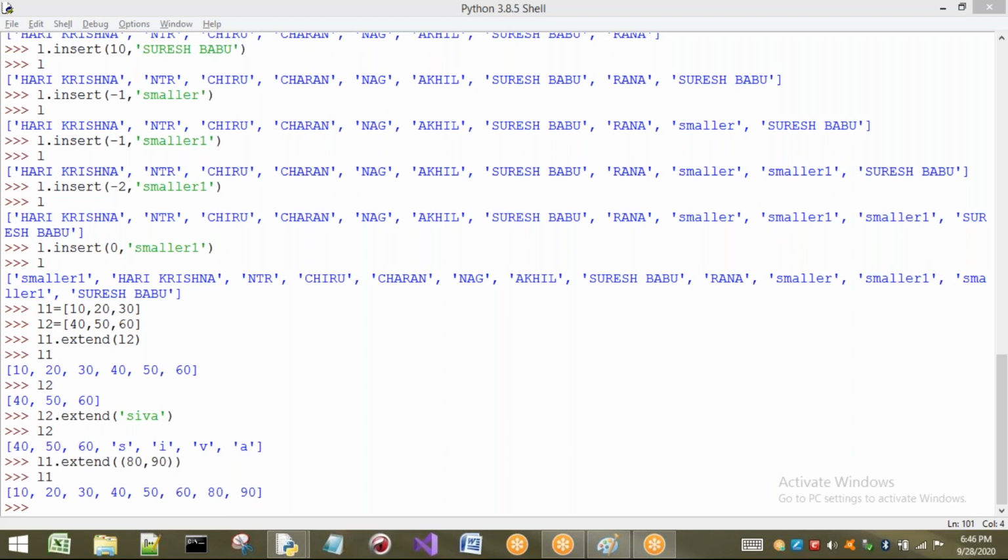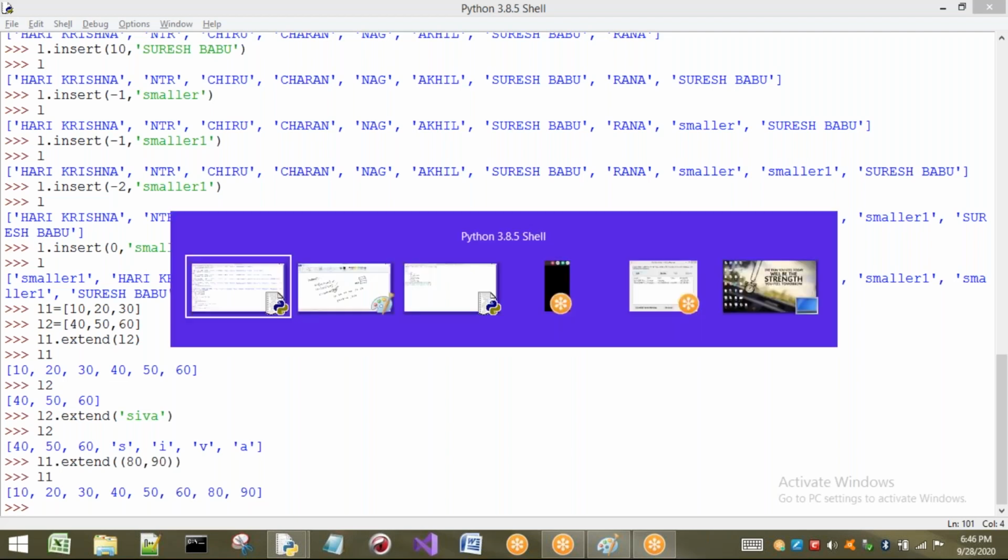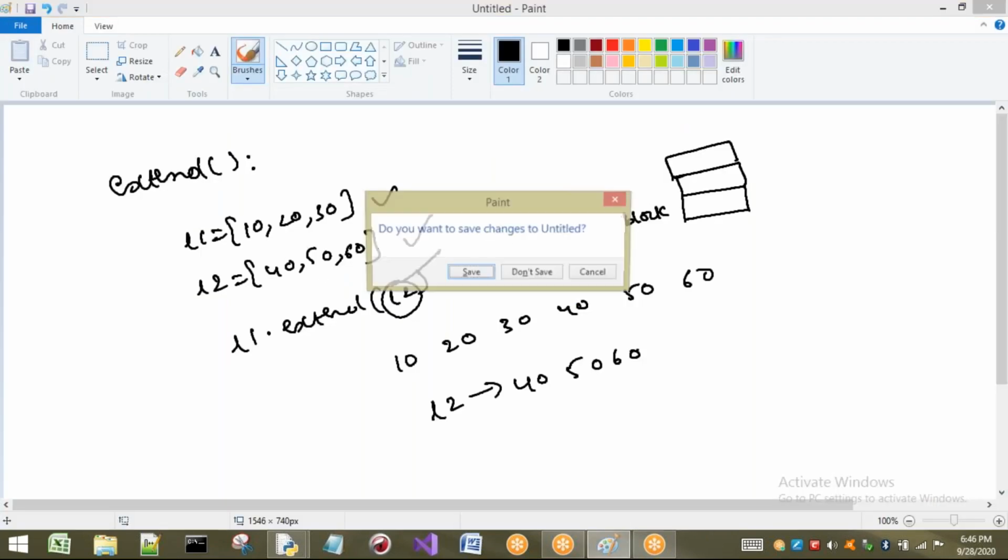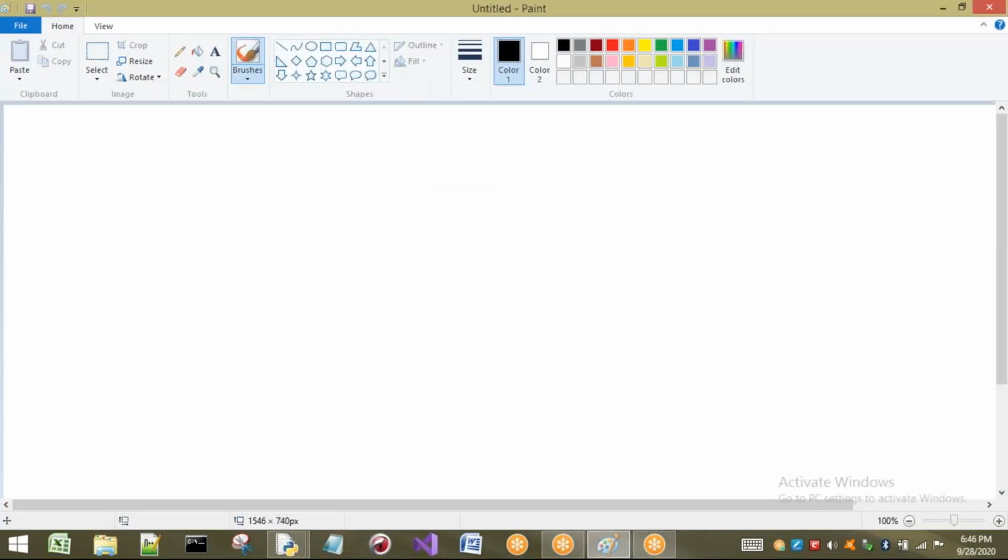Till now we have seen adding elements to the list, that means increasing the size of the list. Now I want to show you how to decrease the size of the list. That means now I am going to show you the methods which remove elements from the list. So now the method is the remove method. This remove method is going to remove the element that we have passed as a parameter to it. In the name itself it says it's going to remove something.